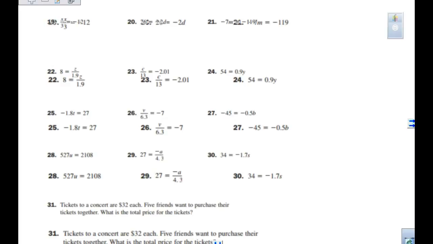So, what I want you to do for tomorrow, I want the front page done, 1 through 18, okay? On the back,